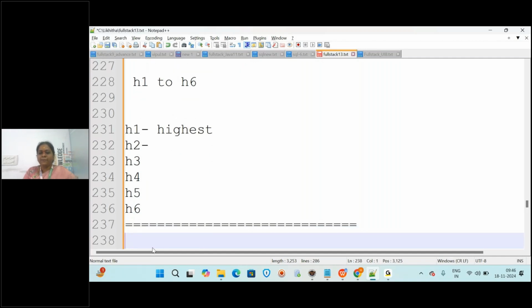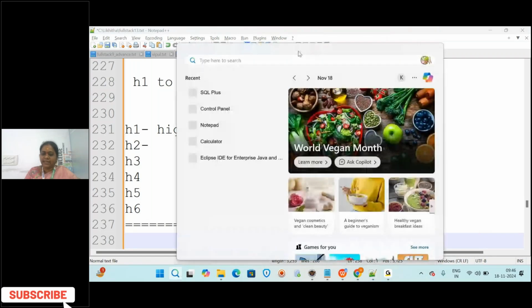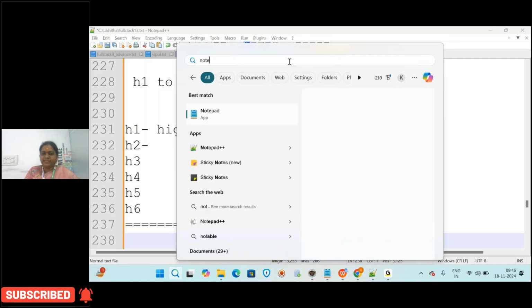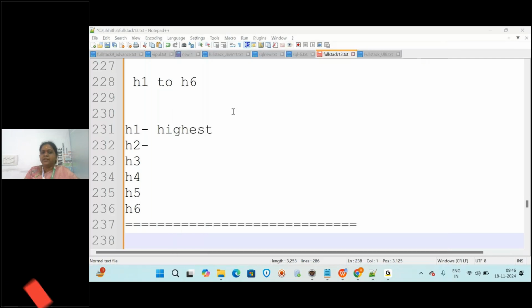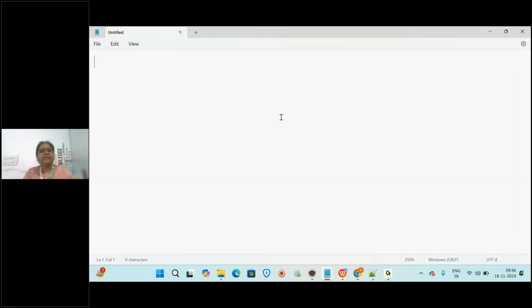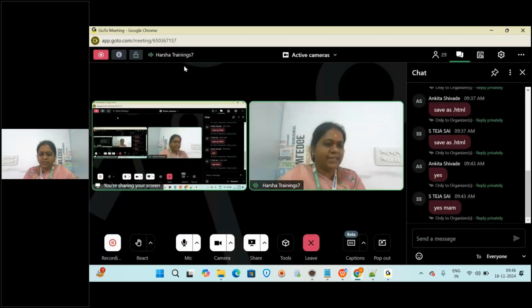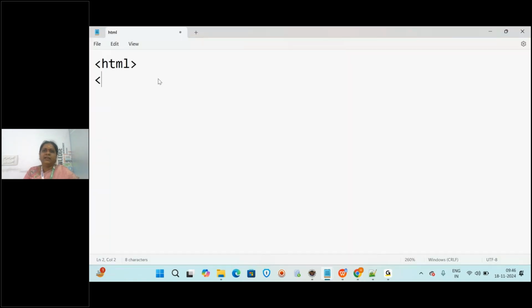Now I'm going to tell one more example. So how do we write it? Go to the search and then what do you have to select here? Notepad. Once again I'm repeating the process. Now what will be open? Notepad is open. So how to start this? What is the root element? HTML. Okay, is it visible to those sitting at the back? You have to start the document with what? HTML. And then next, title and head are optional. If you want you can give them, otherwise no.